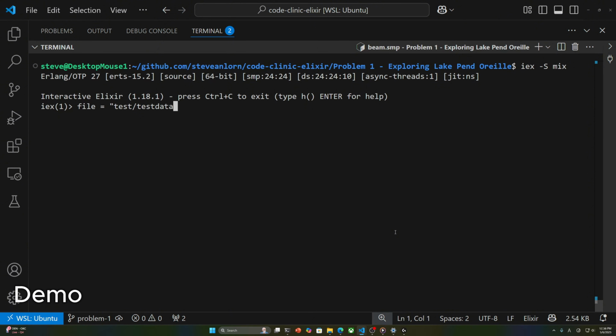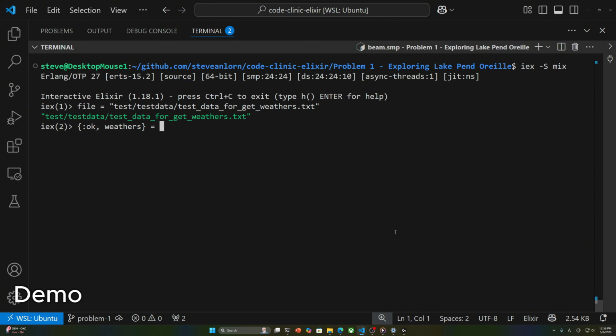Paste data .txt, right? And then I will load the weathers